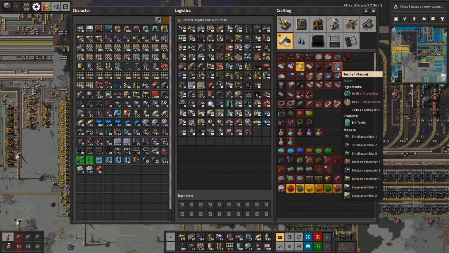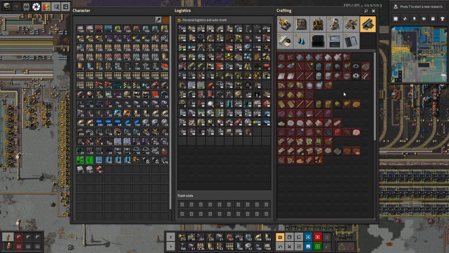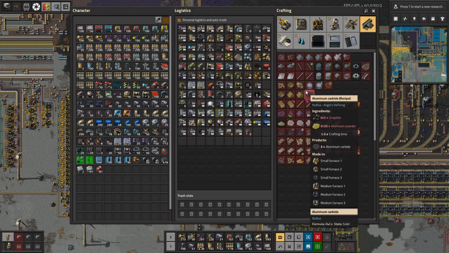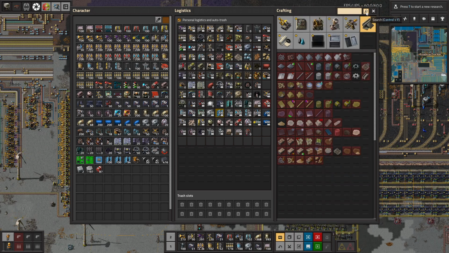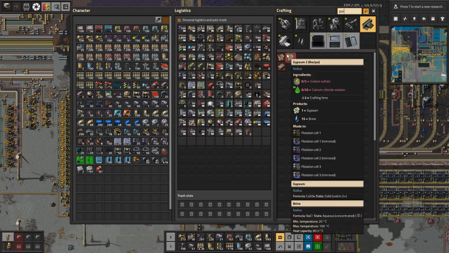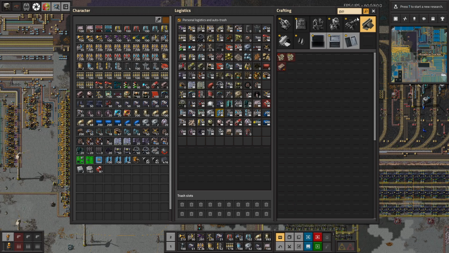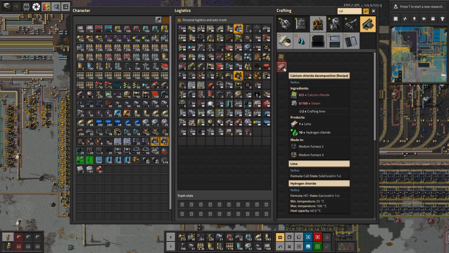Let's look at the recipe for this. Here it is. Plastic, textile, glass fiber, and gypsum. And then the gypsum formula is... we'll probably use this. Sodium sulfate and calcium chloride solution. So sodium sulfate we already have, and we even have it at the base that I'm thinking of building this at. Calcium chloride solution is the only thing that's even tricky. Calcium chloride solution is just...